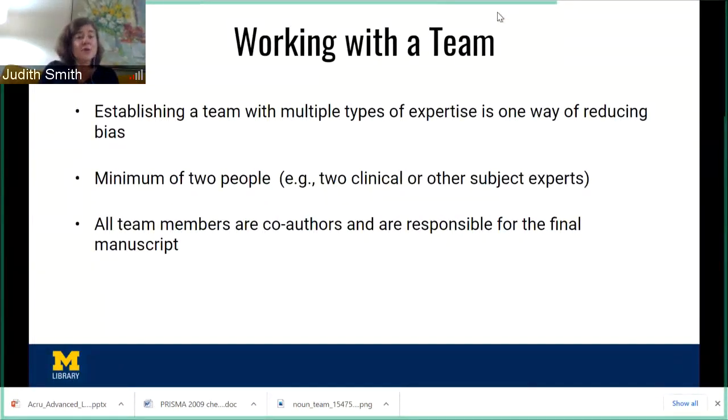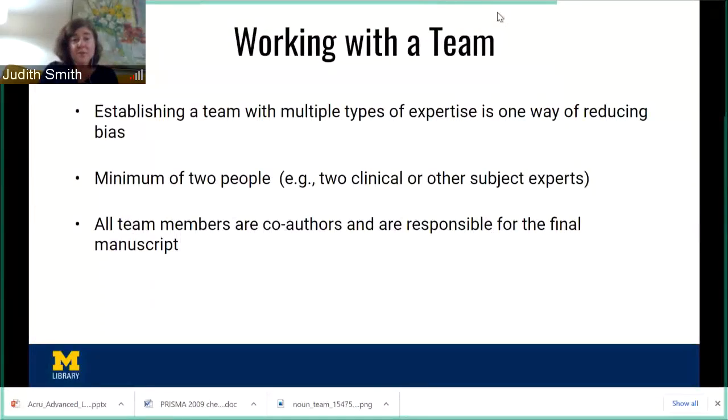And I have a few places here where you can go to understand transparency. For example, you could look at protocols. The Prospero database is a database of registered protocols for systematic reviews. You could look at other systematic reviews, for example, in the Cochrane Library, where you can see the level of transparency that those published reviews have about their methodology.